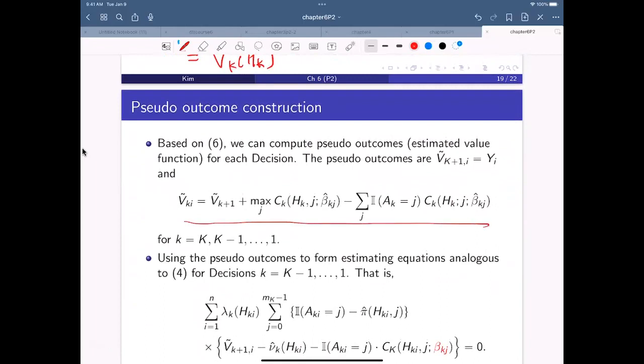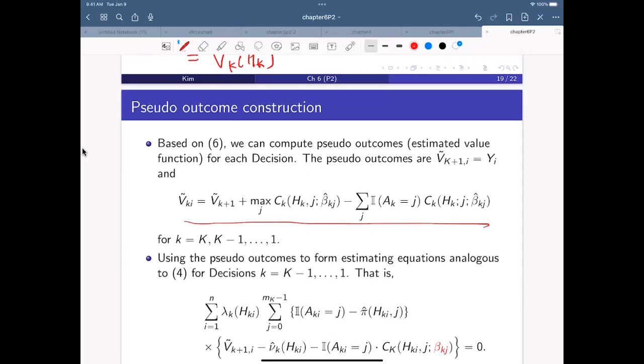Something like this. So pseudo outcome. So interesting, because at least we can go backward, right? Backwardly find out past decision. So that means I can actually construct, given the current history, at the current K, I can at least use what would be my